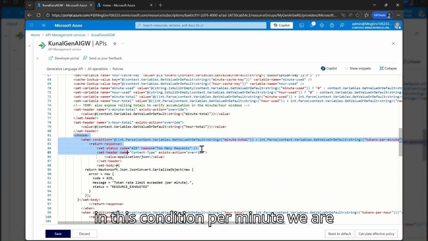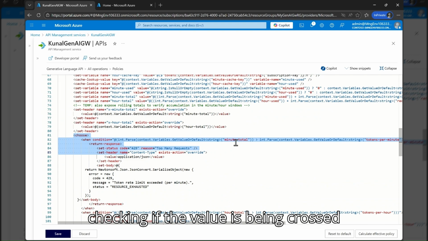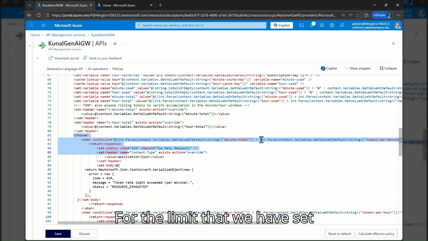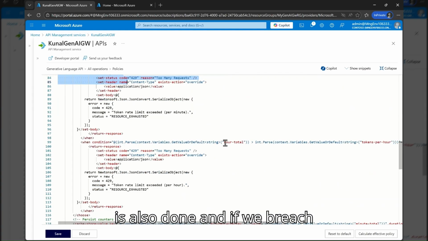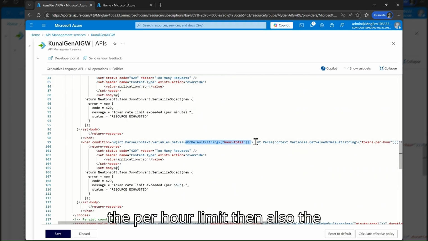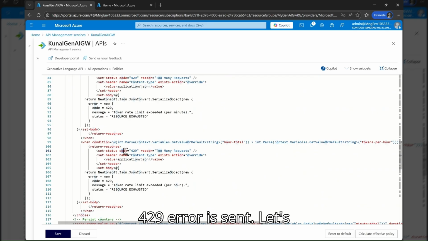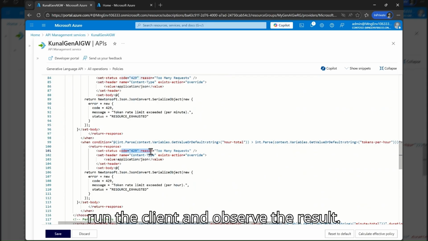So in this condition, per minute, we are checking if the limit that we have set in this variable, tokens per limit, is being crossed. If the limit is breached, we send the 429 error. Similarly, the per hour calculation is also done, and if we breach the per hour limit, then also the 429 error is sent. Let's run the client,